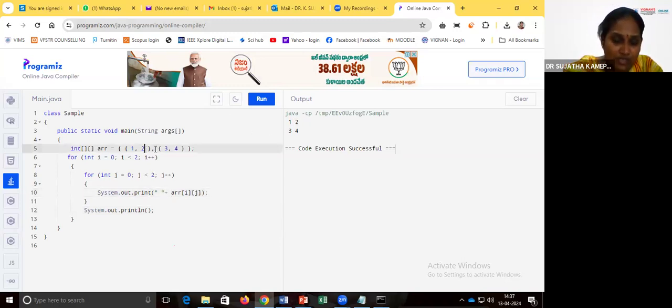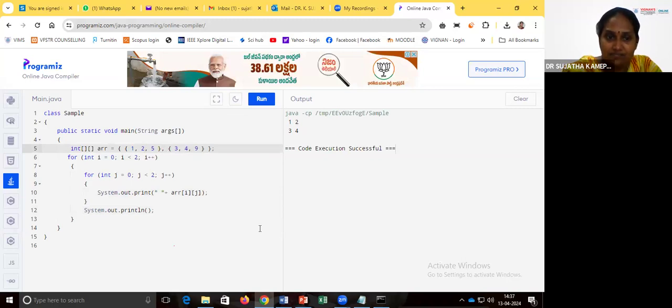Now suppose I want to increase the size, how can I increase it? Here you can see I'm going to increase the size. Now if I want to add one more row with values like this, how can these be printed? Let us see. Now I'm going to run the program again. Now only these 2 values are printed. Why? Because even though I have given the third row and third column,